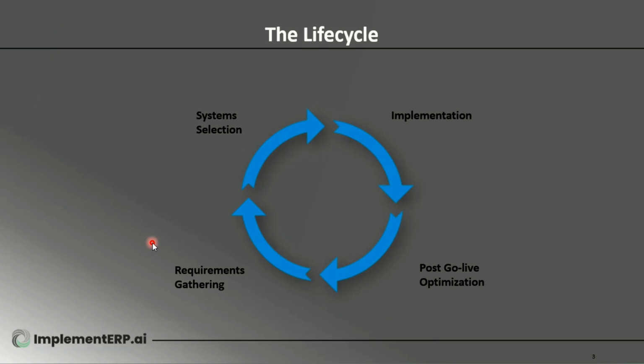All right, so let's go over the definitions of the phases in that life cycle. First of all, you have to have a starting point. For most companies, it starts here. Obviously, we're going in a clockwise direction, but the requirements gathering is where a company decides what it is it needs from a system. From there, you move on into selecting, so procuring and negotiating all that, not just the